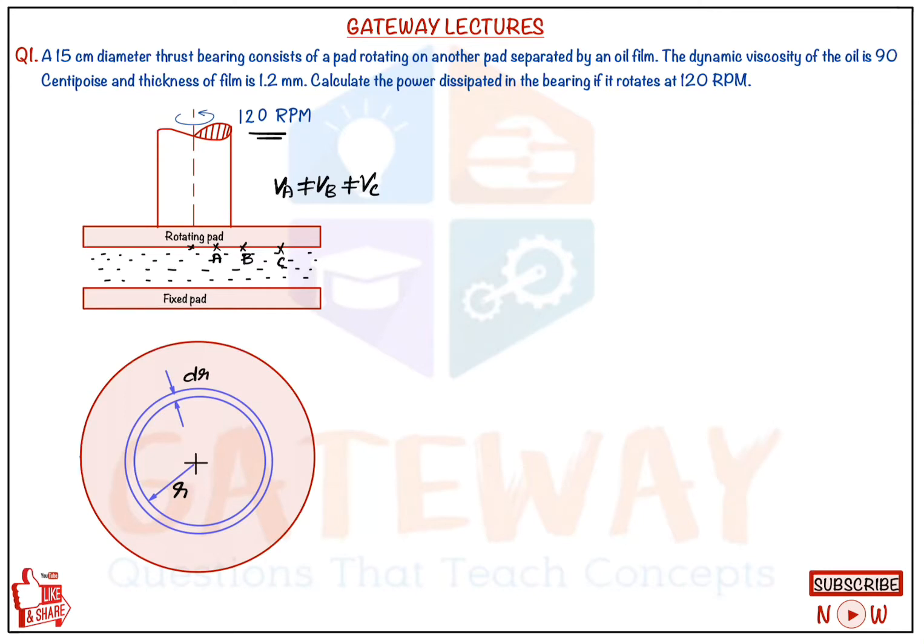So we know for a complete circular area, the complete torque will be torque T, capital T. But for a small elemental strip, the torque will be dT. So dT is equal to, for the small elemental strip, the force dF into r. r is the radius from where we have considered the strip, and dF we can write as mu A V upon h. So here in place of A it is dA, in place of V it is r omega, and the fluid distance is h.